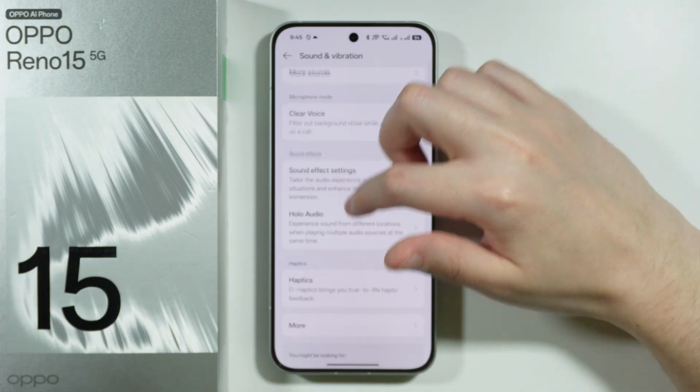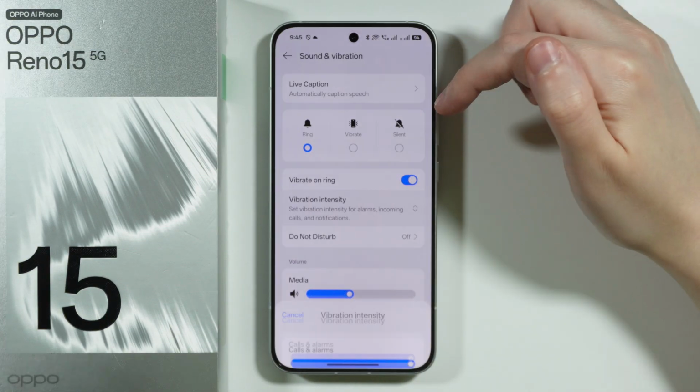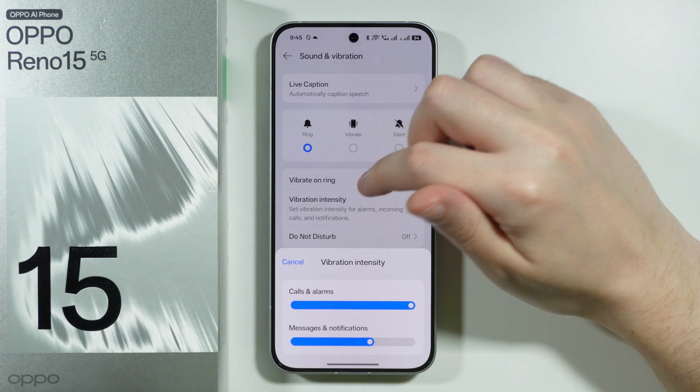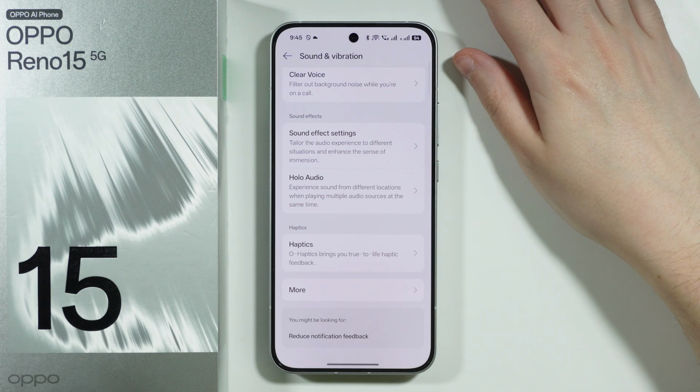And actually here at the top we can also find vibrate on ring and vibration intensity for calls and alarms, as well as messages and notifications. So as you can see, we have a couple of different options that we can adjust that are related to